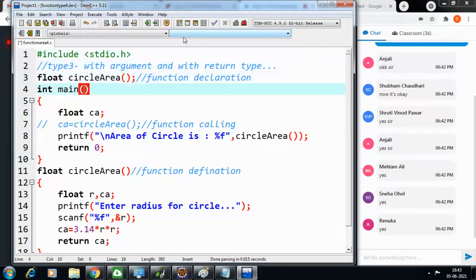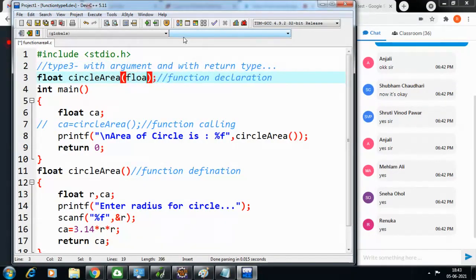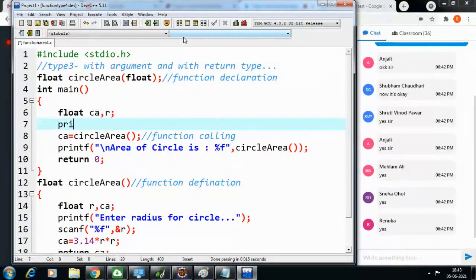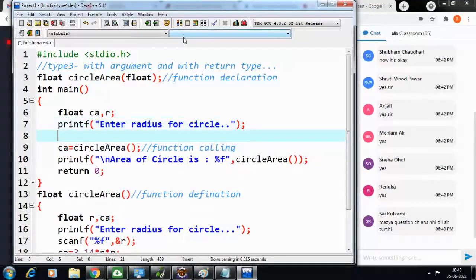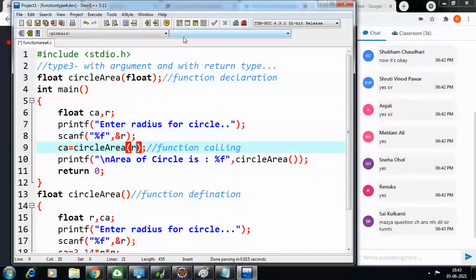So with argument means you need to pass one argument here and just give the radius now, comma r. printf radius for a circle, and then you can use scanf %f ampersand r, pass the r here,